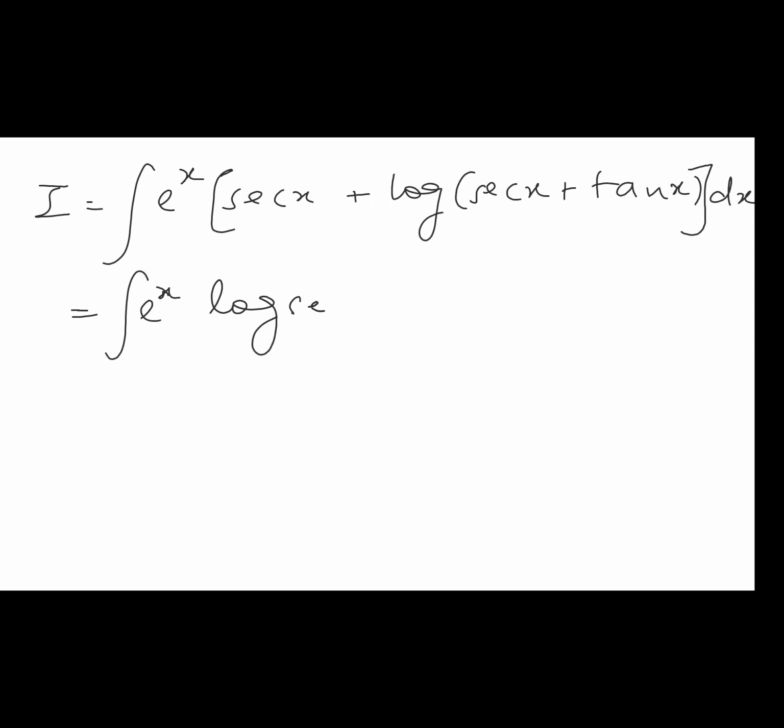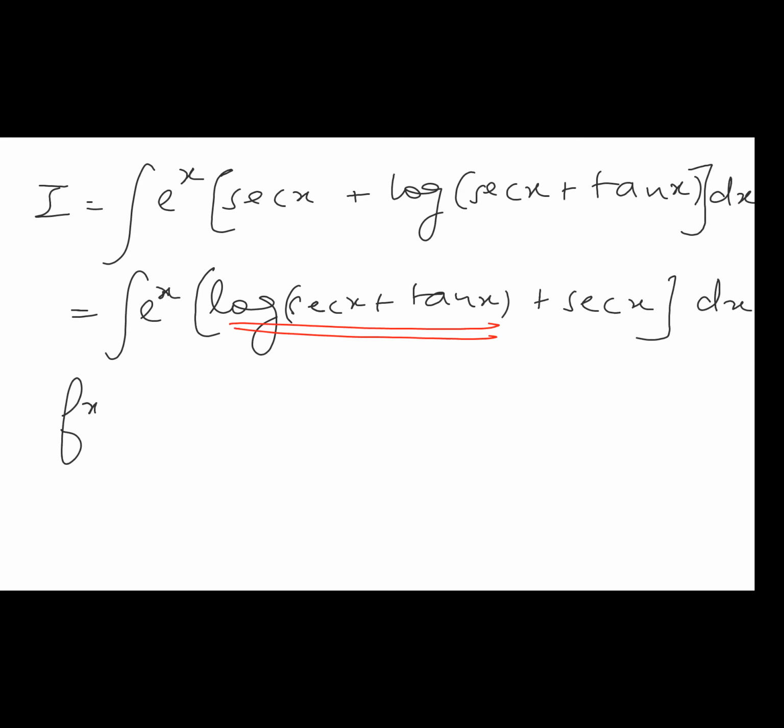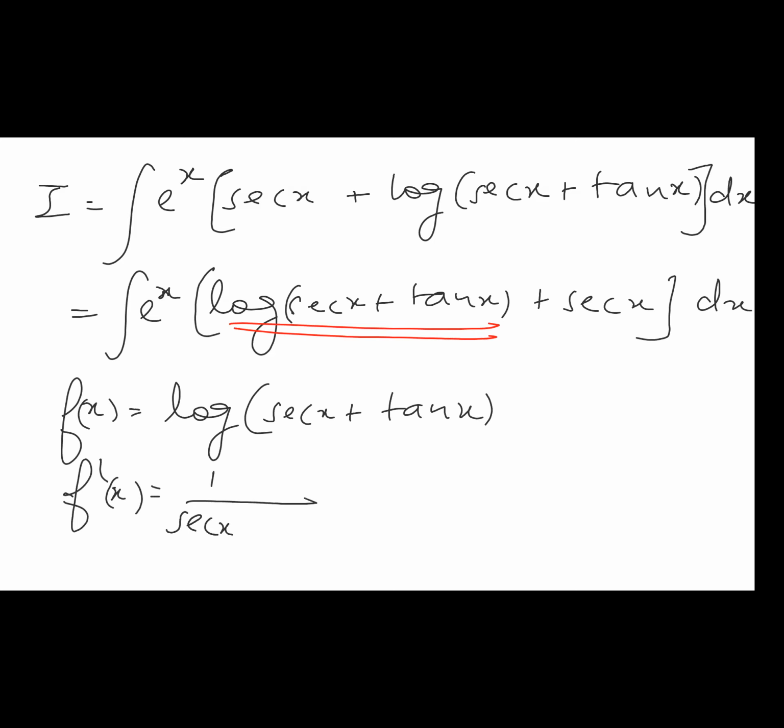Log sec x plus tan x plus sec x. Now the first part is f of x. f of x is equal to log sec x plus tan x. f dash x, so this will be 1 upon sec x plus tan x